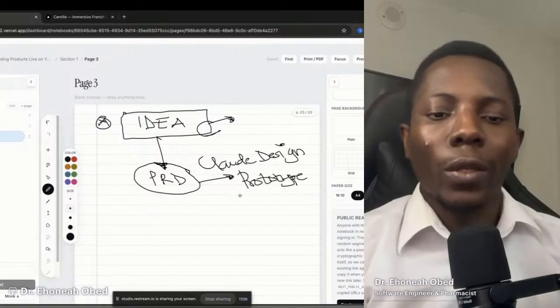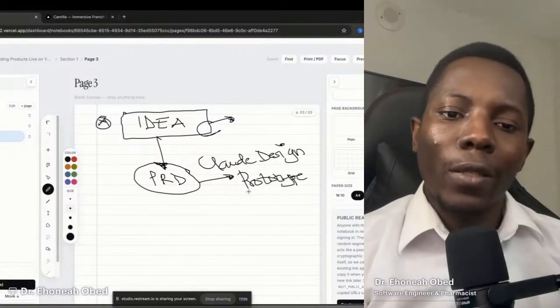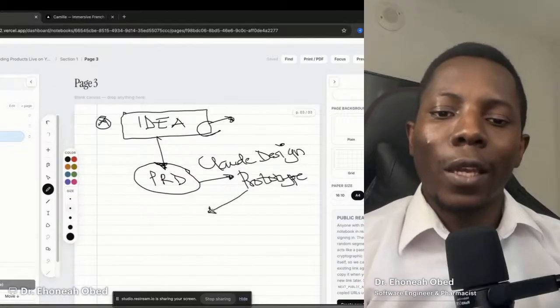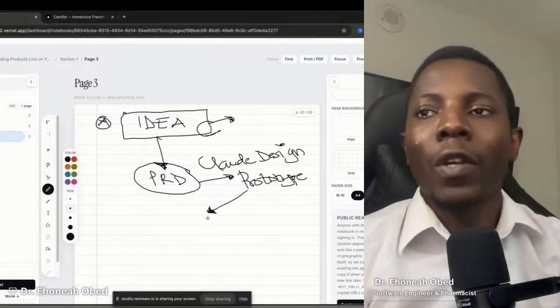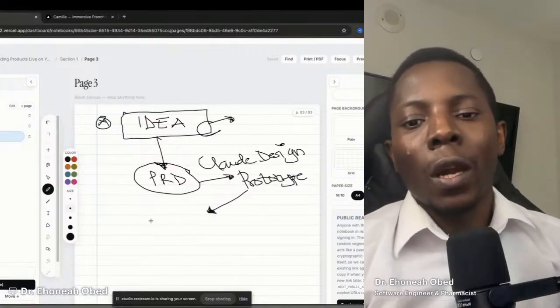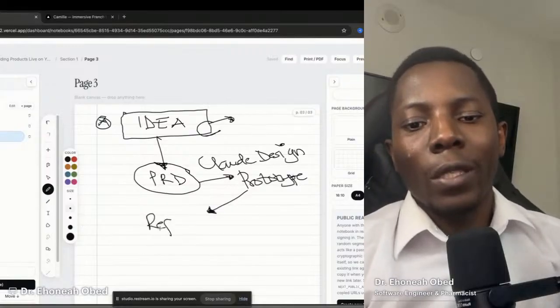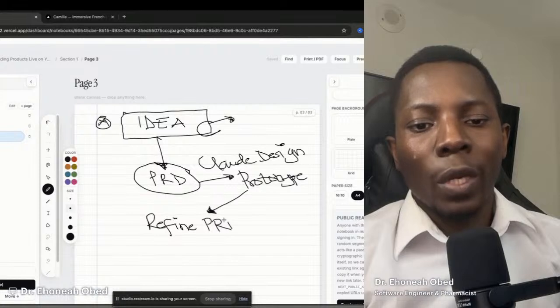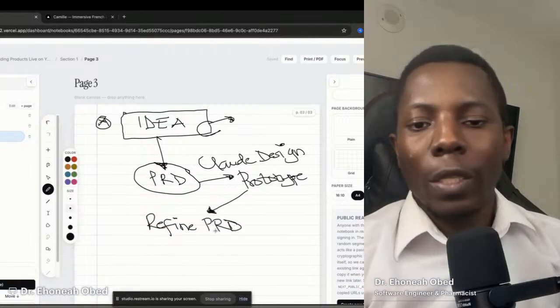Then once we had gotten the prototype, we realized there were a couple of things that we wanted. So we refined that prototype until we had something that looks like what we currently have, which is what we're looking for. Then we now refined our PRD. So based on the prototype, we refined our product requirements document, right?